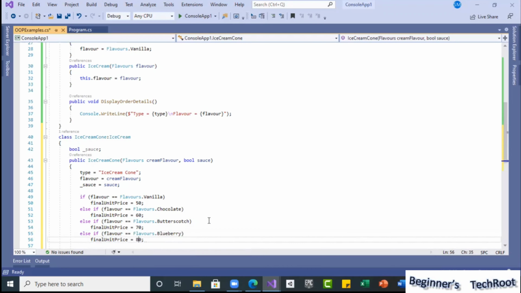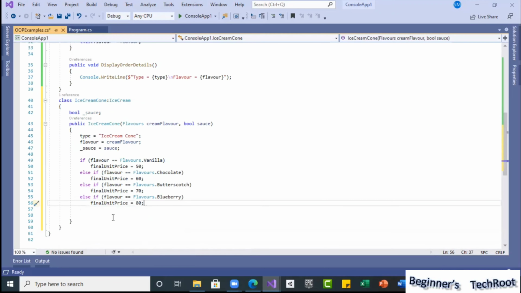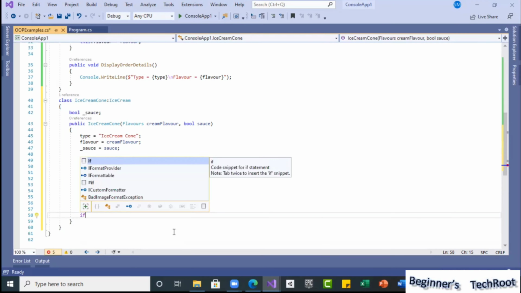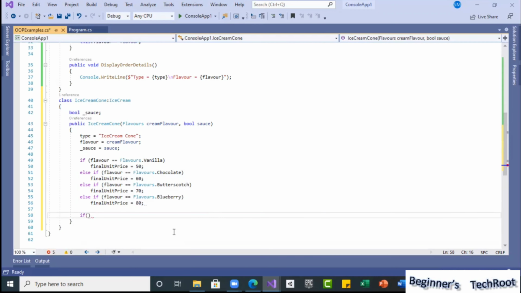So this way, see now in this ice cream cone class, I am calculating the price based on the choices. Okay, this is all done. Now, one more condition, I am going to put for a sauce. That is additional. I am going to make it a separate price. So if they selected sauce, I will add 5 rupees more.